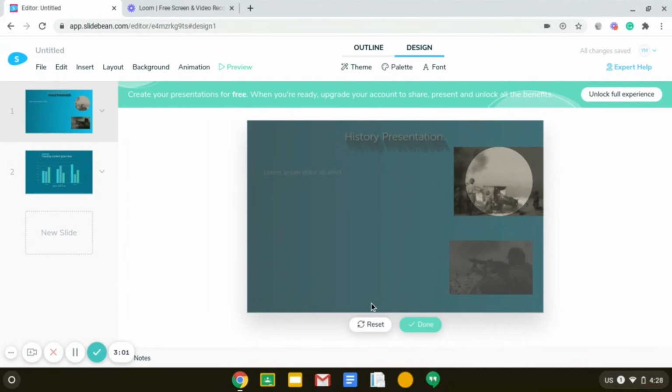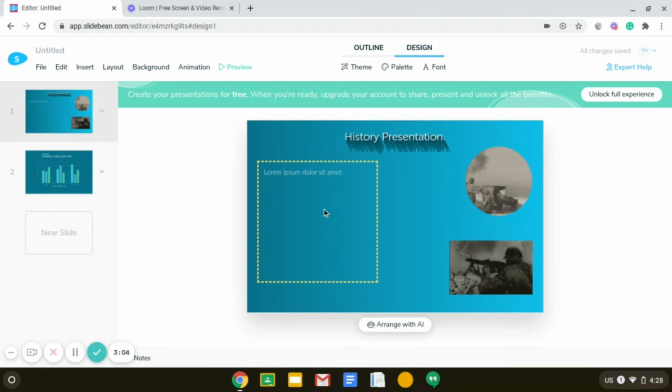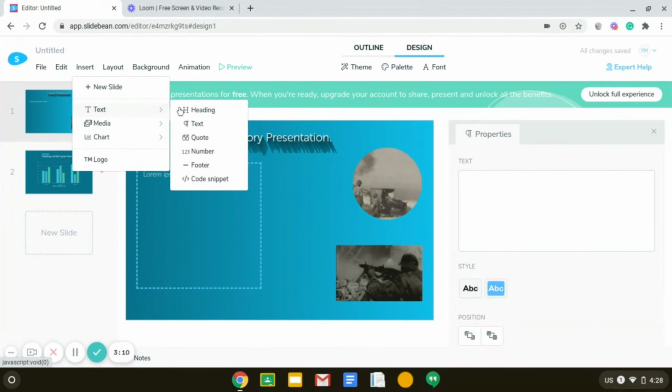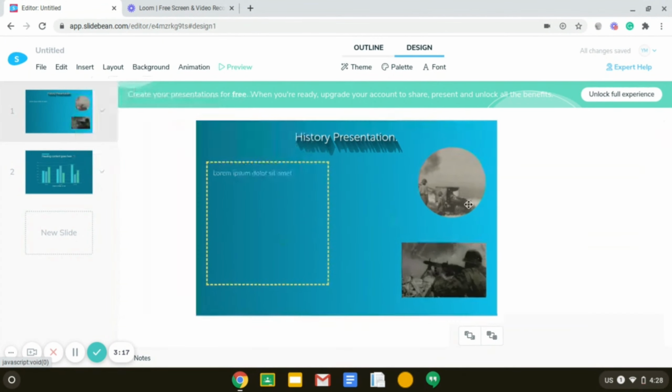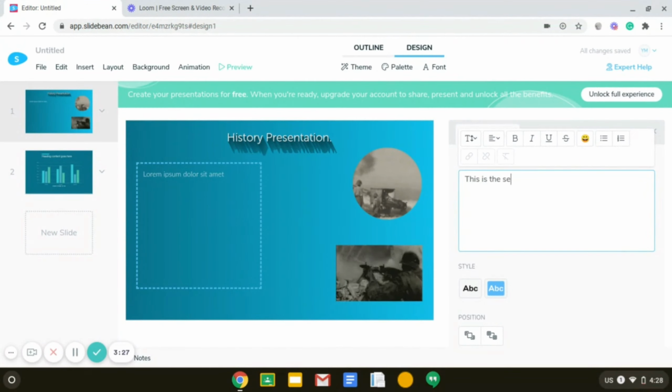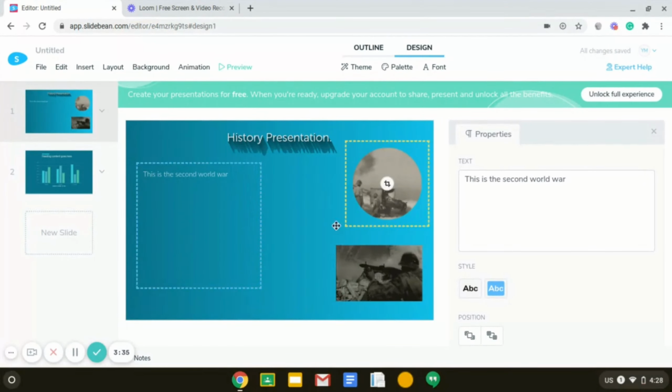And so now let's say you want to add some text. So just like adding a heading, you can just insert and go to text and add a text. And by adding a text, you can literally add anything you want. Okay, so you can add text the way you like it, and yes, you can use different styles,